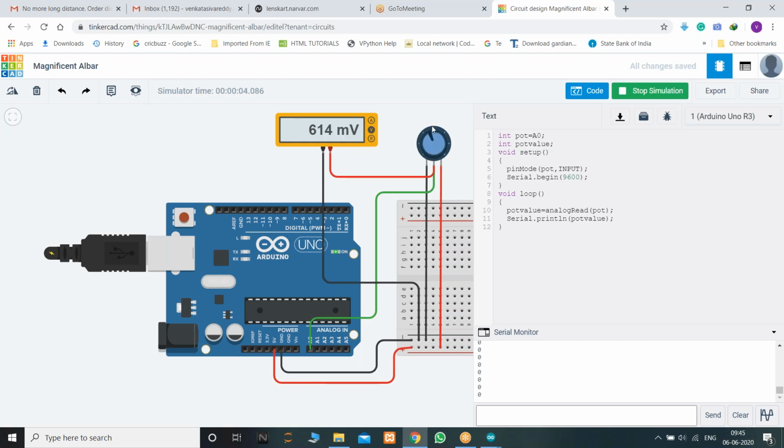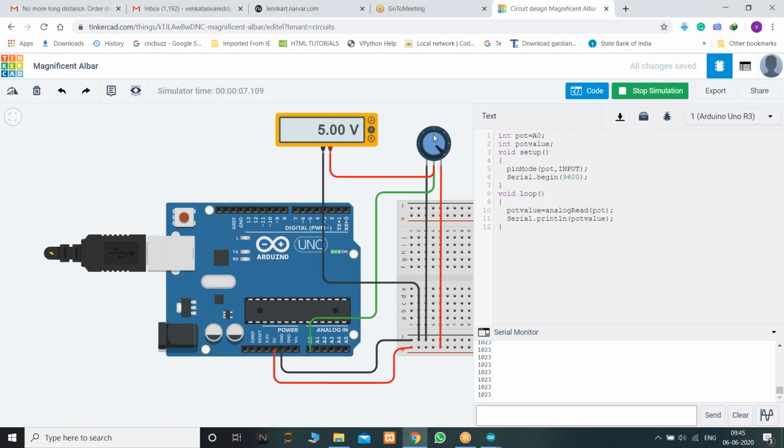Now I'm increasing to maximum voltage, and the value here is 1023. Is that clear now? 1023 is the peak value, which reads up to 5 volts.